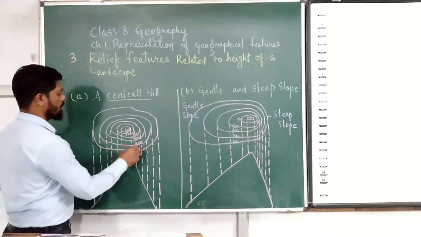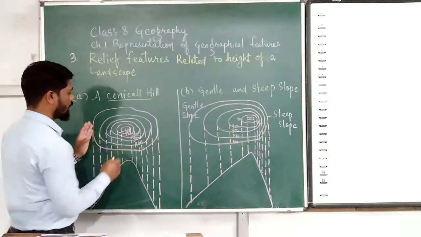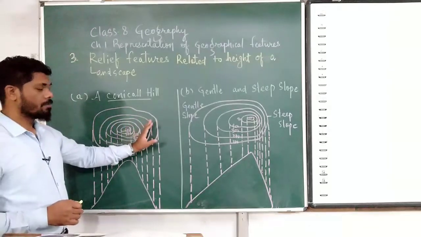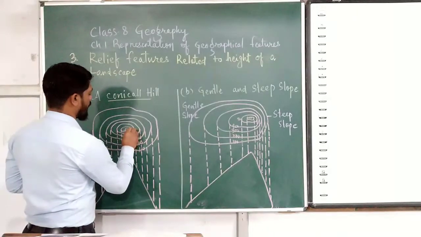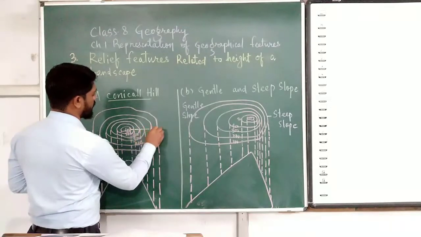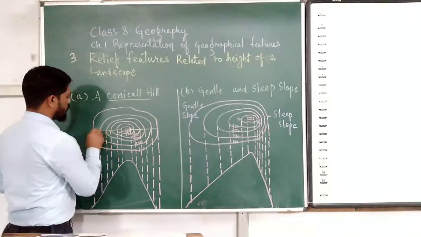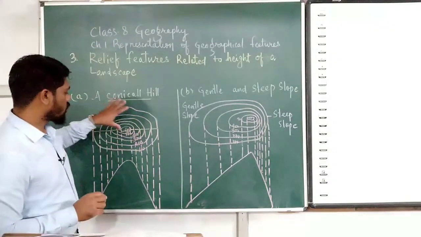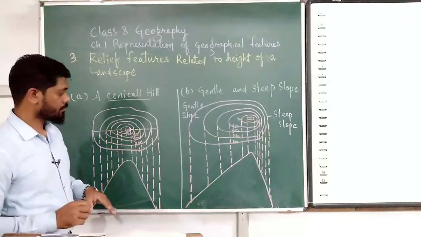Here you could see the contour lines, both sides have the same gap. They are not far away from each other on one side while this side is something different. No. As they are equal, the gap or interval between the contours is the same in this direction as well as in these directions. From this we can interpret that this contour line is showing the shape of the conical hill. Alright.